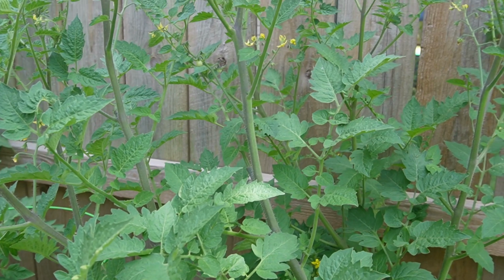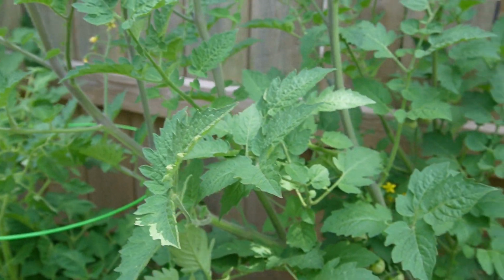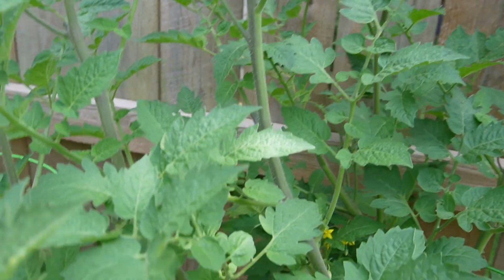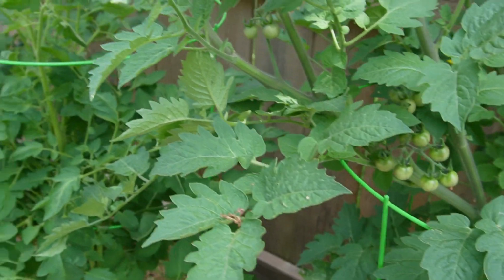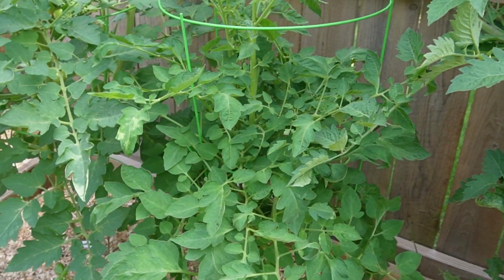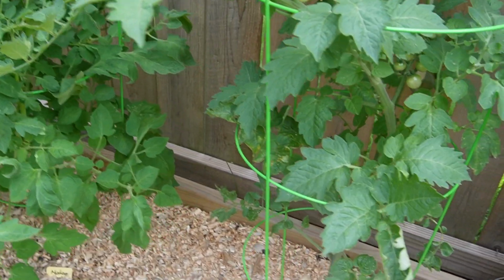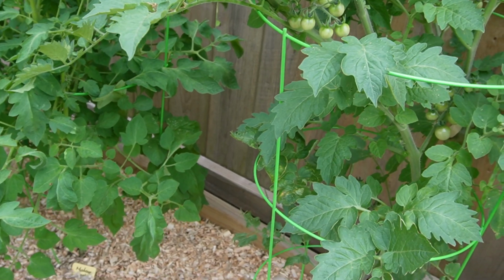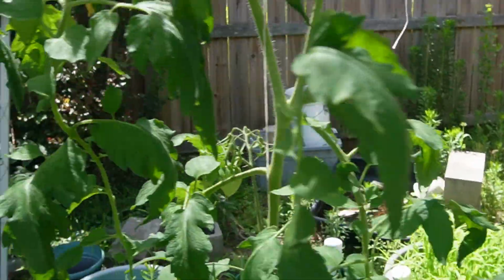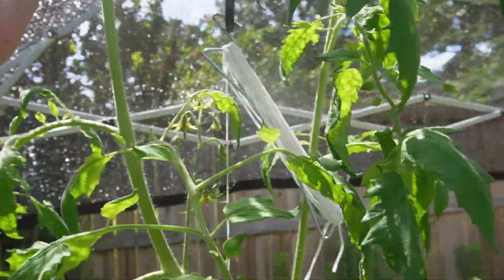Now to do that we need some kind of solid structure to attach the strings to once we've tied them up. So there are literally hundreds of ways, I'm sure, to do that. I've seen it done with just wooden structures, which is a good idea. I've seen it done with PVC. I've seen it done off conduit like I have here under the shade cloth. So I just have a piece of conduit up here. I like that,